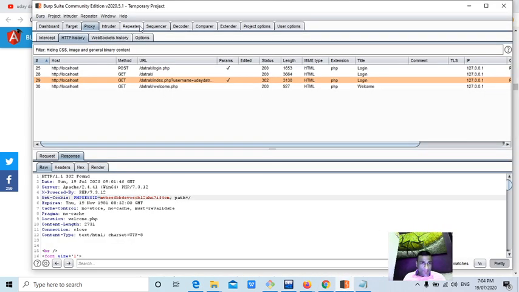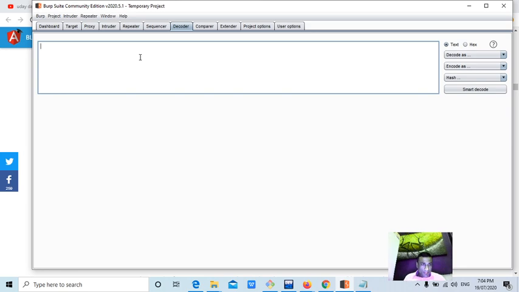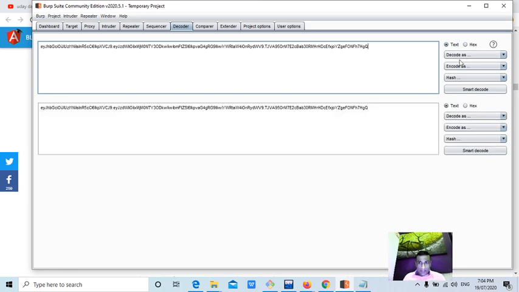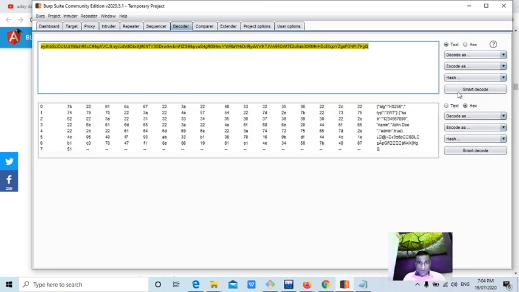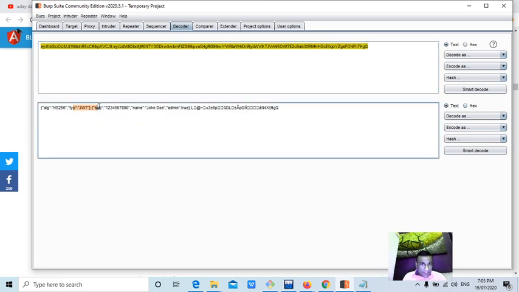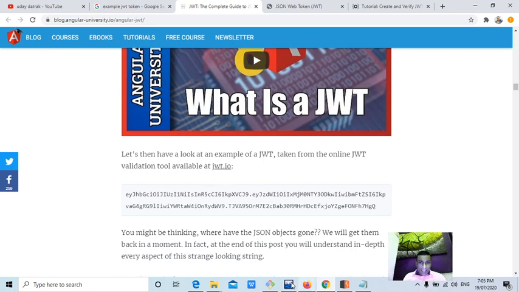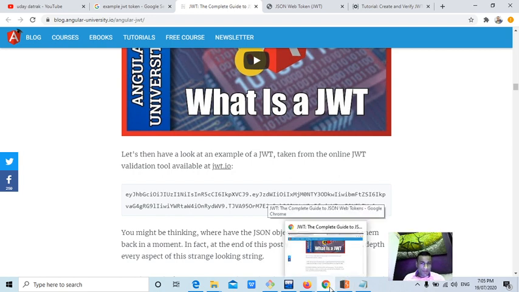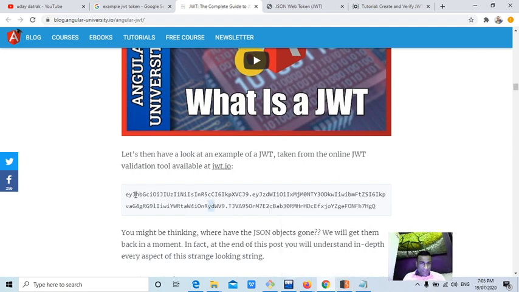If you go to the Burp Suite decoder, paste that and decode as base64, then if you select text, you can see the user ID, name, sometimes the email address will be stored. So if you see at any time within the cookie that an email address is being set, you can report it as the cookie is not encrypted.